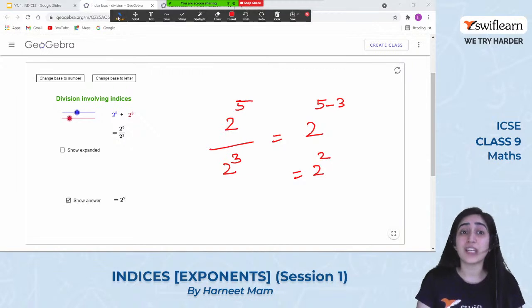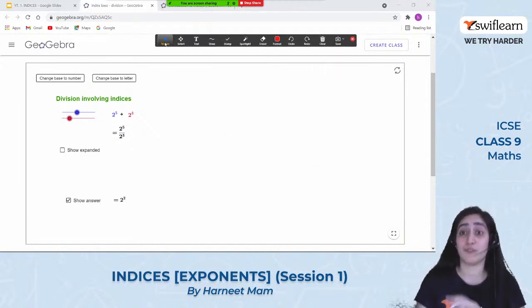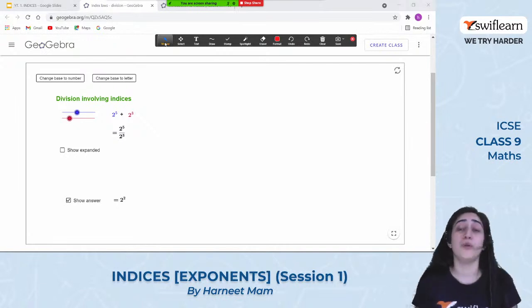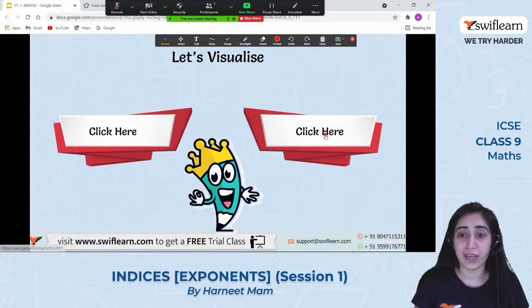So see, now you get to know that using just one thing I am getting the other answer as well. I'm not making your life complicated by making you learn both the formulas. We can just work with one. Okay? And don't get confused with it. All right. Moving on to the next activity which we have with this.